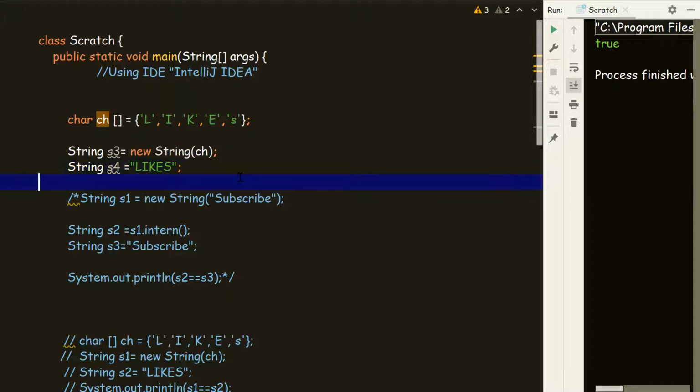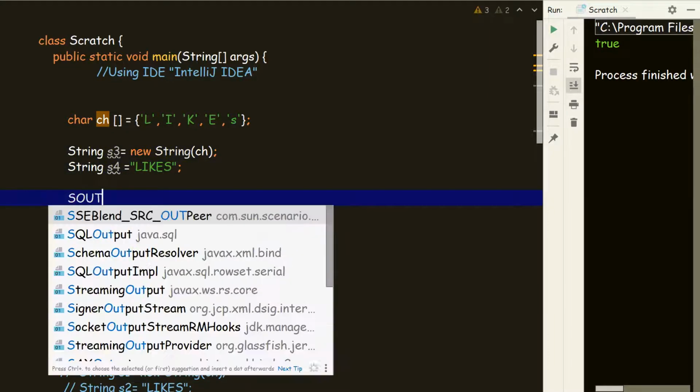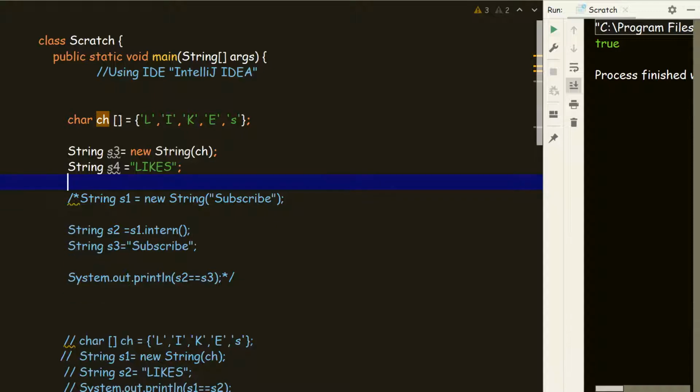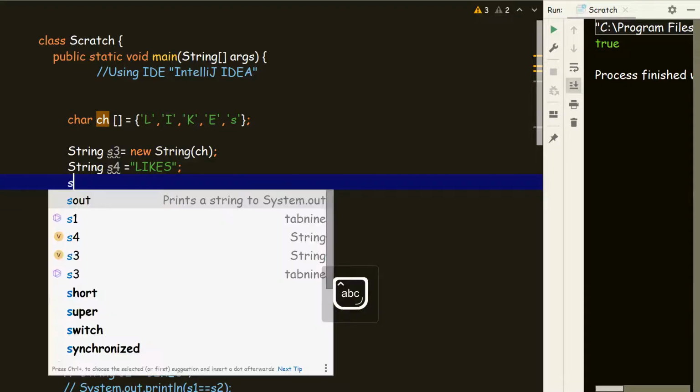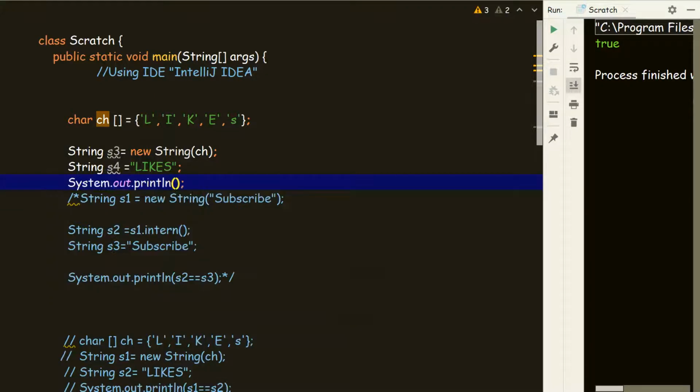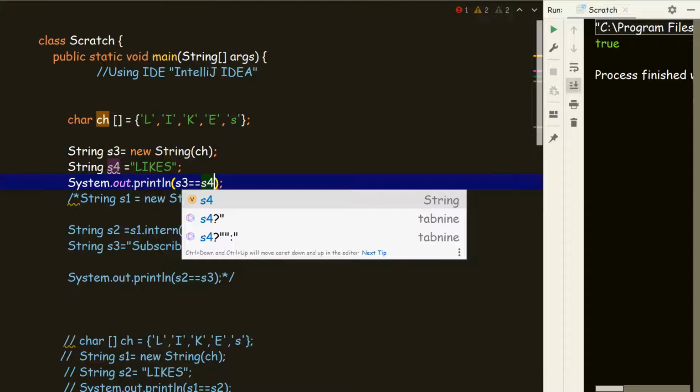Now we would check this out, whether s3 equal to s4. This won't be equal. Why? Because here for s3 only one object is created, that is in the heap area, and this string s4 is the literal way, so it will be created in the SCP area.